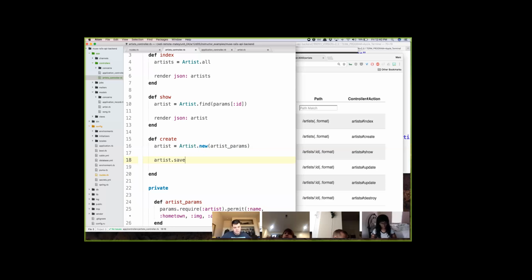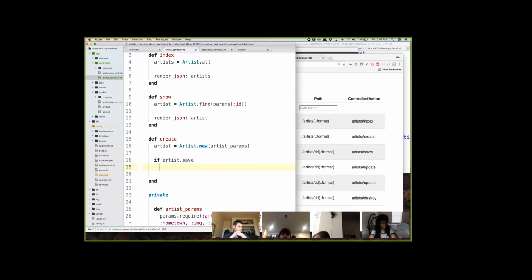Kind of like the try and the catch that we used in the JavaScript world. So I'm just going to put a basic if-else pattern here. So if artist.save, and remember in Ruby, quick pop quiz: what are the only 2 falsy values in the Ruby language? Remember there's like 7 in JavaScript, but Ruby's a little simpler. Nil is probably 1. Yeah, nil and false. Everything else is truthy. Even an empty string is truthy. So this is essentially saying if this is true,